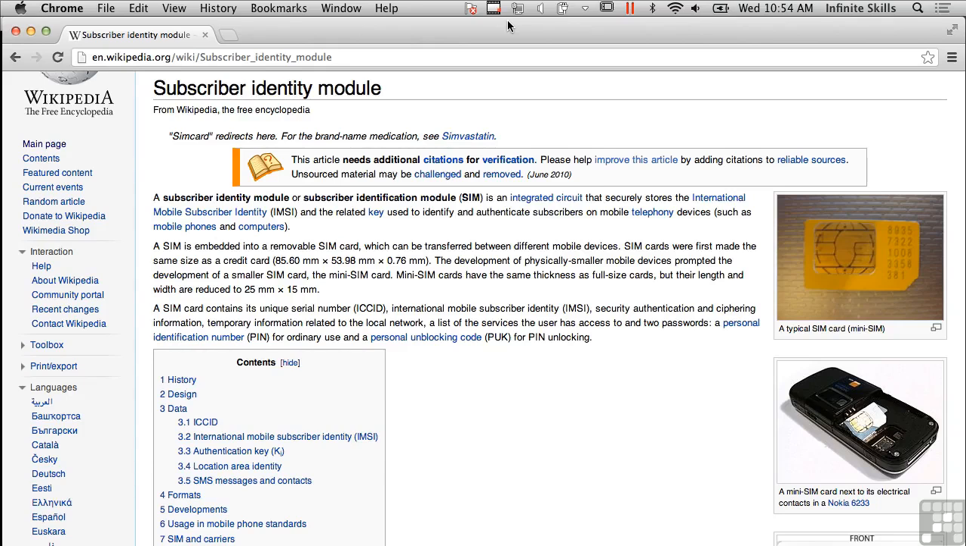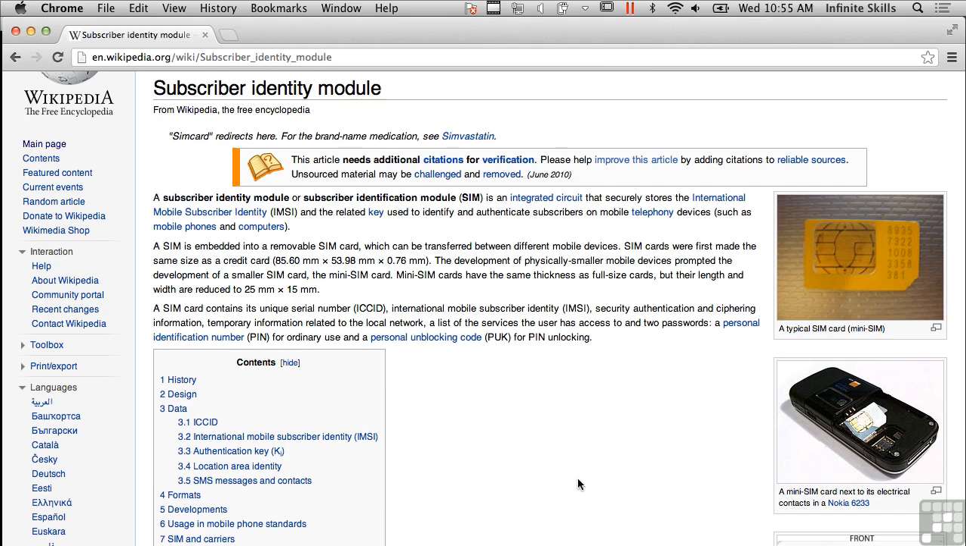In this lesson, we're going to be looking at SIM cards. Now, SIM cards have value when you are doing mobile forensics for a variety of reasons. A SIM card is actually a subscriber identity module, as indicated here, and it comes in a couple of different